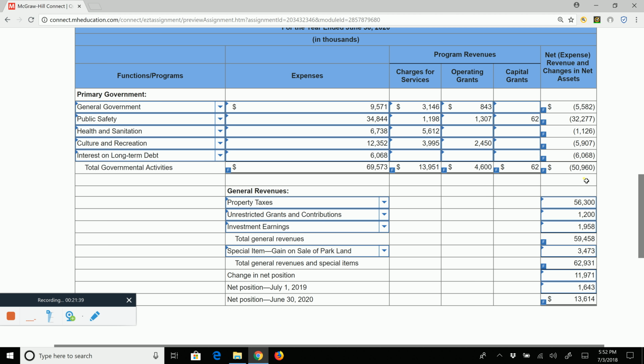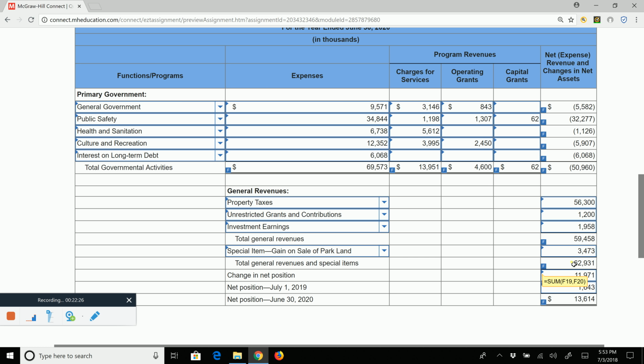And then there's a second half to the statement of activities, and that is called the general revenue section that I'm circling here with my cursor. In the general revenue section, you are going to report all taxes derived from the government. In this case, we have property taxes. And any other revenues that really aren't dependent on an individual function or program. They're general. They're not specific program revenue. So unrestricted grants, investment earnings, and we have the subtotal. And we might have any special or extraordinary items. In this case, we have the special items. Another subtotal,